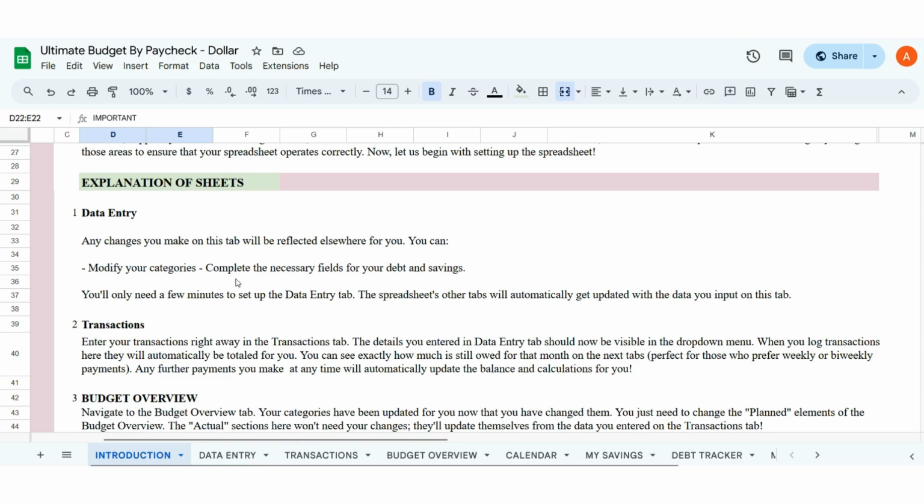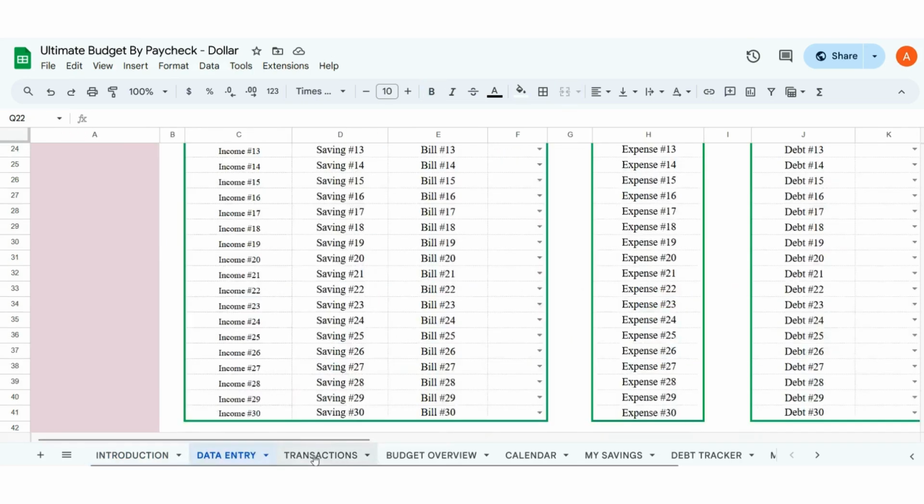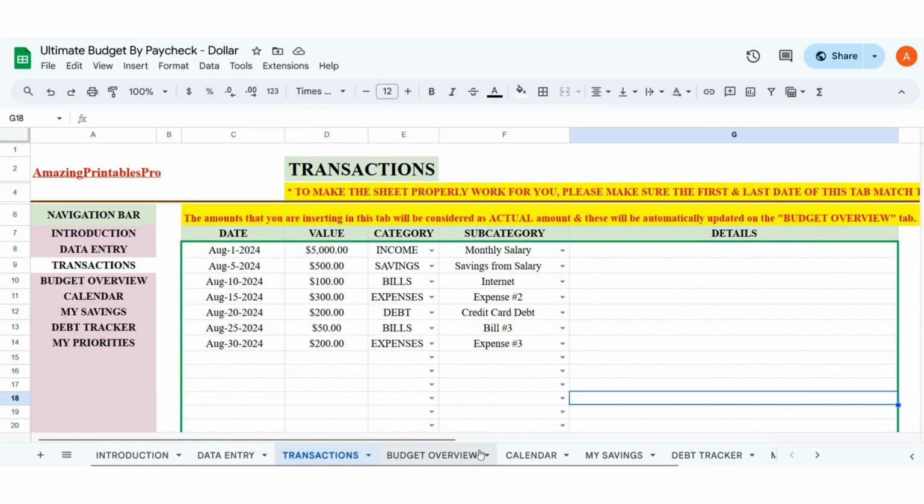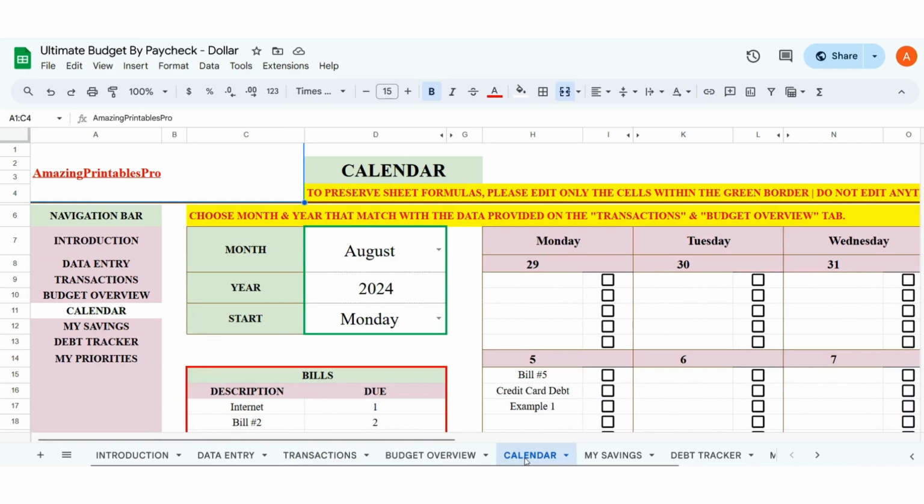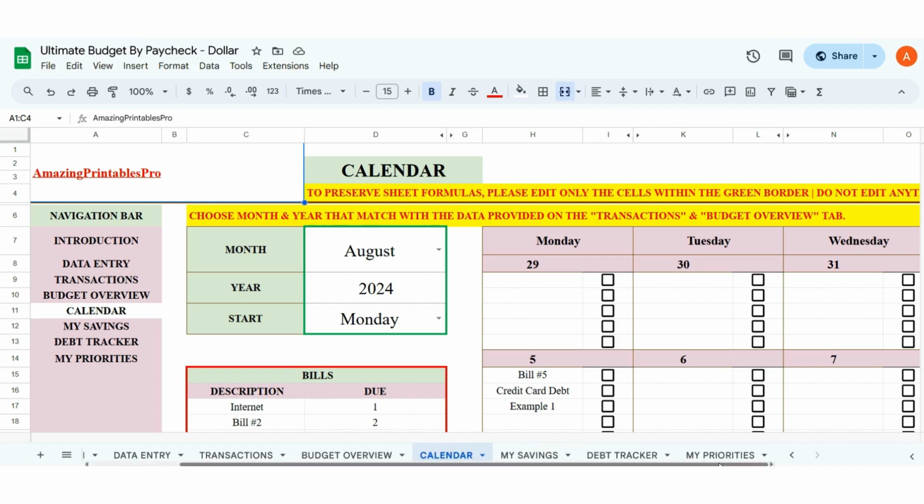and whenever you input anything within these tabs, the representation of the data may change, actually will change, because of the change of your input, because these 4 tabs, last 4 tabs, that is my priorities, debt tracker, my savings, and calendar, these are just representation of whatever data you input through data entry tab or transaction tab or budget overview tab. Okay,